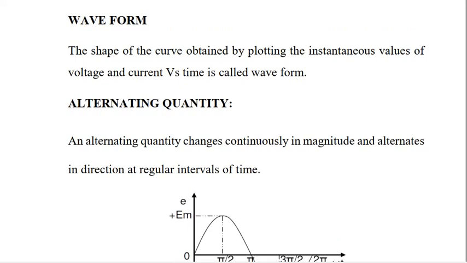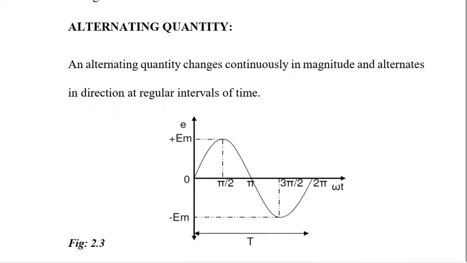So how do we get the shape of the waveform? Like I said, you have to plot the instantaneous current value with respect to time. For example, you can observe here the angular quantity omega t, which I represent using pi: pi by 2, pi, 3 pi by 2, and 2 pi. I will calculate the value for sine pi by 2, and what will be your EM. At that time, I will be calculating the maximum value.